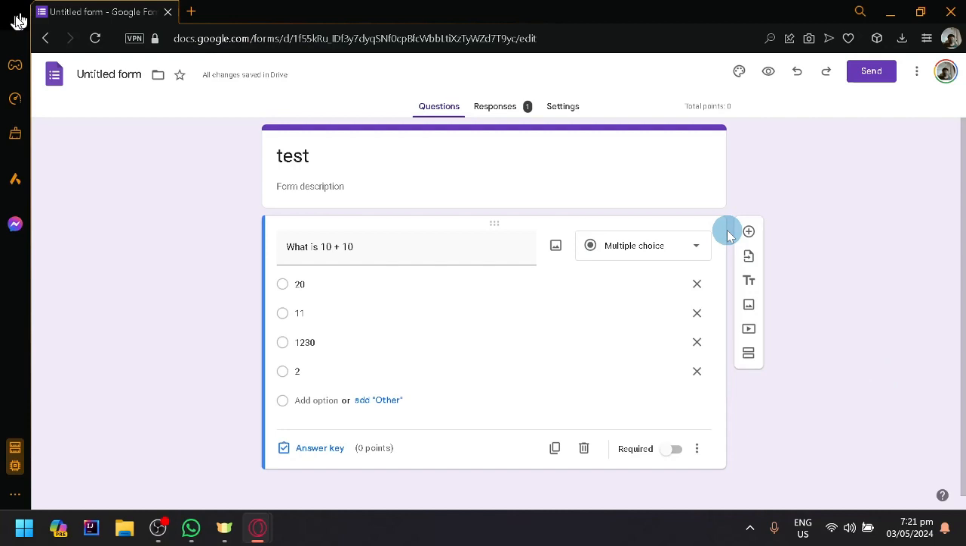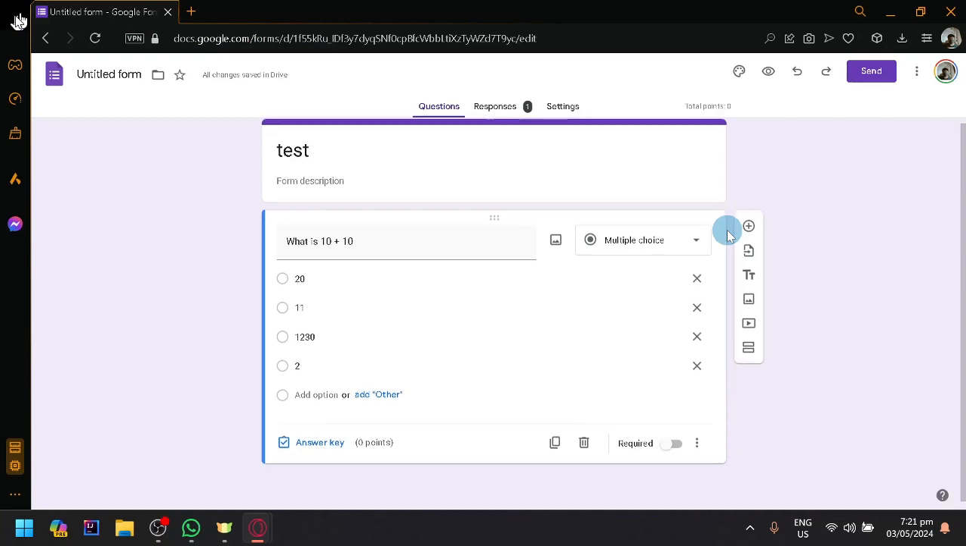In today's video, we will be showing you how you will be able to put or select the correct answer for the Google Forms that you are making. For example, right now on our screen, I have created a very simple question. What is 10 plus 10? Now obviously the answer is 20, but how do we specify or tell Google Forms that this is the correct